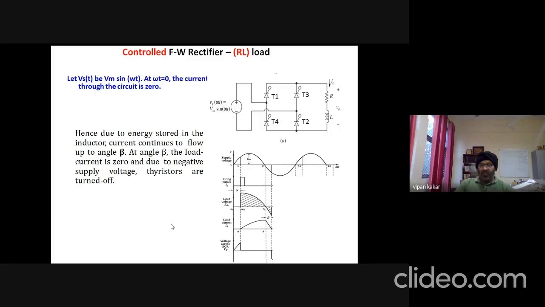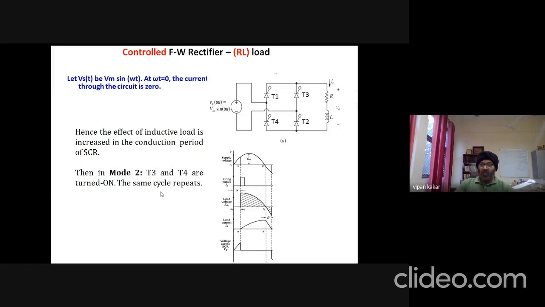When the current reaches zero, that point is called beta. When the full energy stored in the inductor is dissipated or consumed, the current reaches zero. This is called angle beta, which is the extinction angle, where the current extends to zero. Now here the thyristors T1 and T2 get turned off, and now the new cycle begins